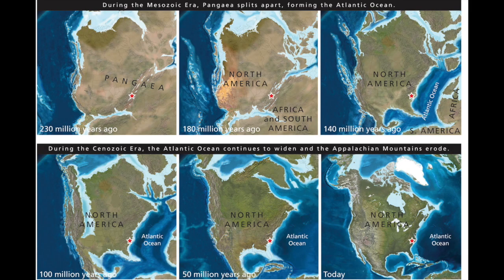So it was about 500 million years ago when Florida started to form as a shallow coral sea just off of Africa. About 400 million years ago, South America and Africa collided, and then around 300 million years ago, they collided with North America. And so this was the last time that all of the continents were connected as one. It's called a supercontinent and was known as Pangaea. As they started to separate about 150 million years ago, Florida got torn away from Africa and left where it presently is today.